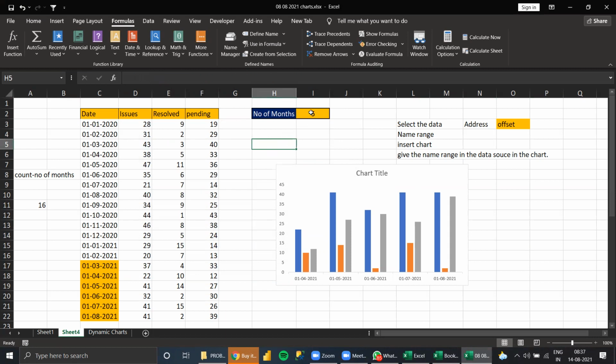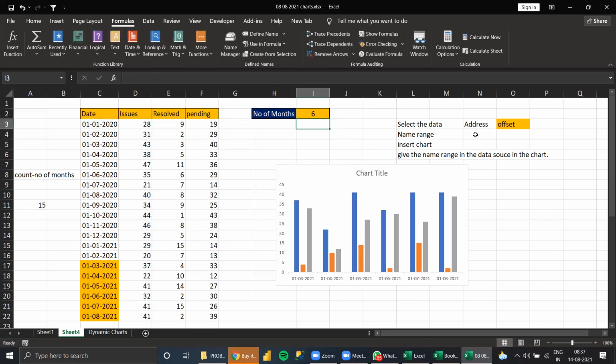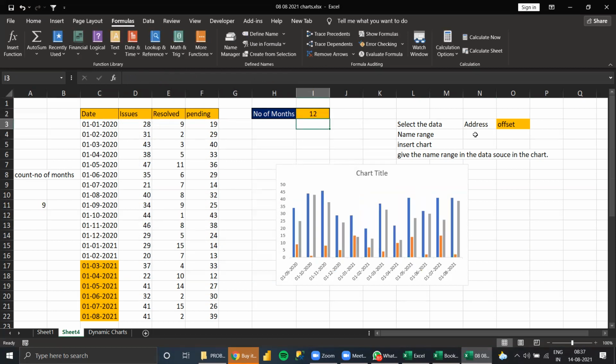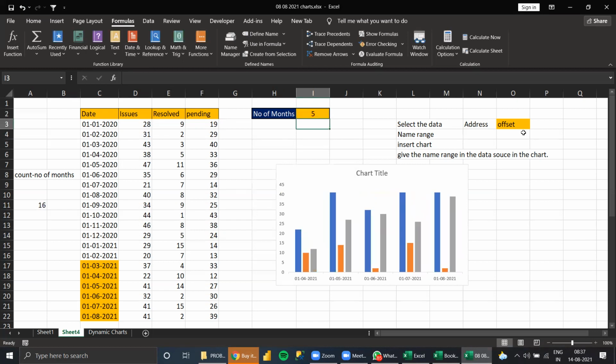Earlier, with copy-pasting the formula, the count formula is correct. See, now 3 months. Okay, so 6 months. Now see, 12 months. 12 months means what? September to August. Only 2 months. See here, no need to copy paste separately. Say 5 months. It will come automatically.